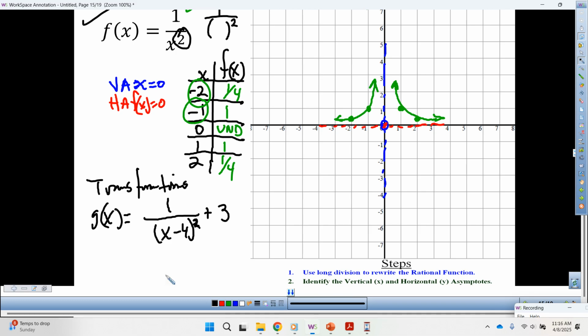All right, where do we move that to? Let's go with Abby. Where do we move that to? 4 to the right and 3 up. Hands if you see that. That is correct. So that means I would take this 4 to the right, 3 up,